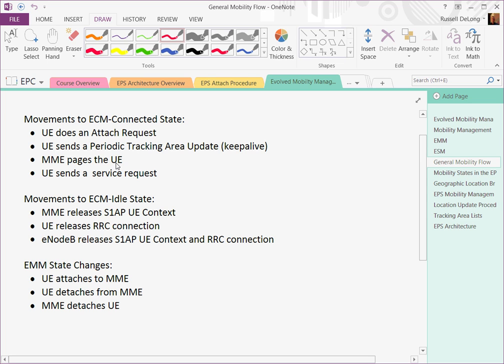So that's paging, sorry. User sends a service request. So aside from just attaching to the network, if the user wanted to get multiple or different EPS bearers, or if he wanted to modify the nature of an EPS bearer, like change QoS settings for whatever reason, those types